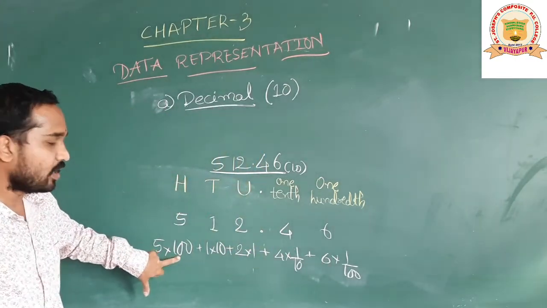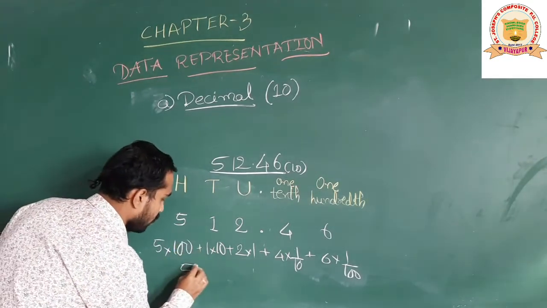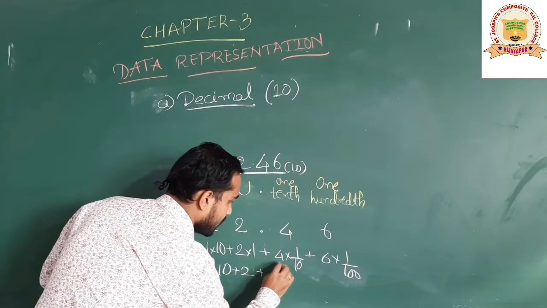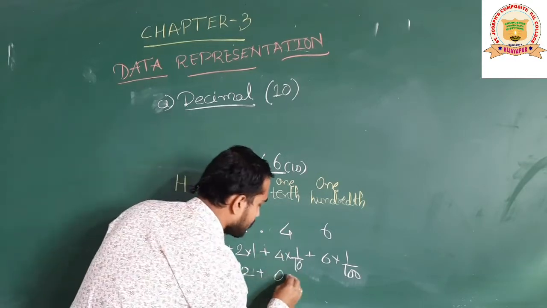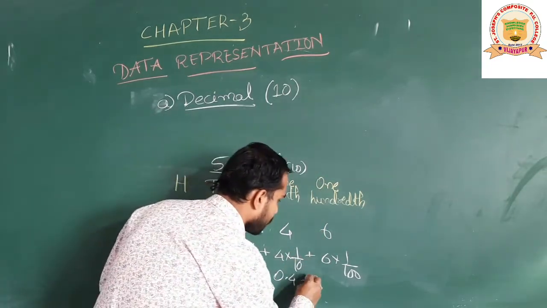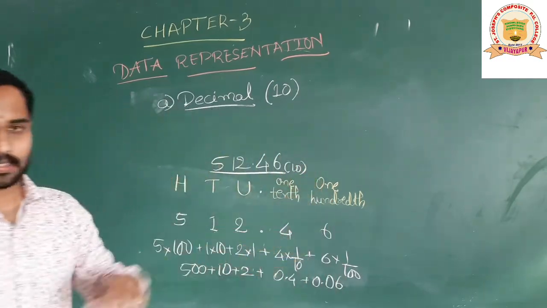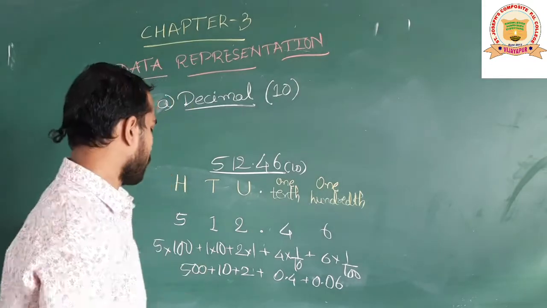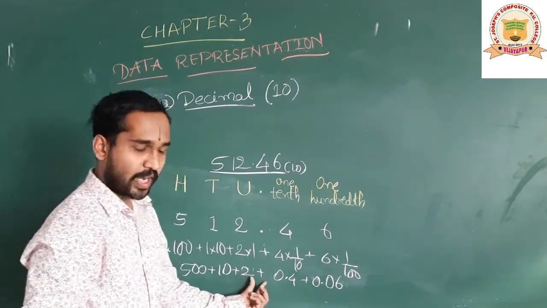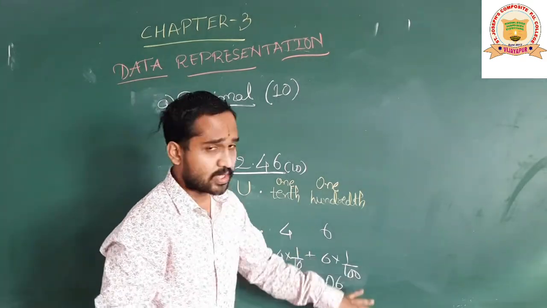See, 5 into 100, 500. Correct? 1 into 10, 10. So 500 plus 10 plus 2 plus 4 into 1 by 10 is 0.4, plus 6 into 1 by 100 is 0.06. Am I right? Okay. When you add this, 500 plus 10, 510, plus 2, 512, plus 0.4, 512.4, plus 0.06,